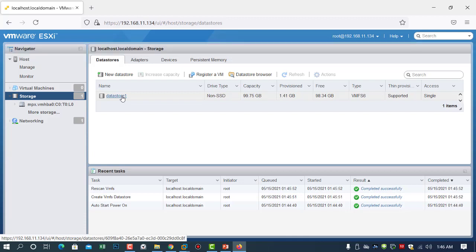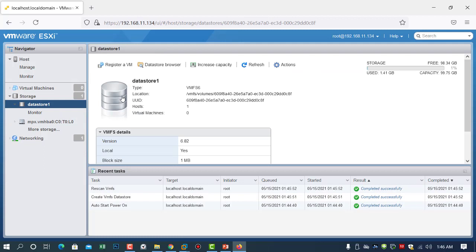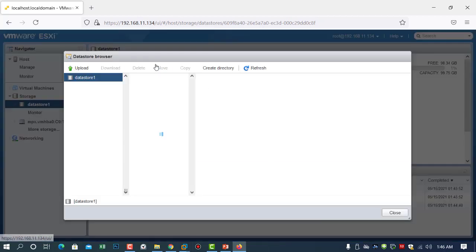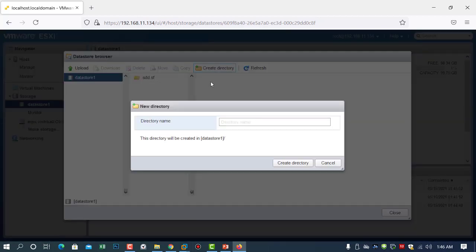This is local storage, but in our coming lecture I will create a shared storage, which is used for vCenter or advanced functioning like clustering, HA and DRS. So I click data store. This is the data store, VMware file system 6. Okay. Now I click browse data store, and I create a new directory which is called